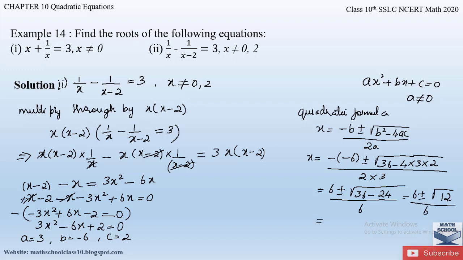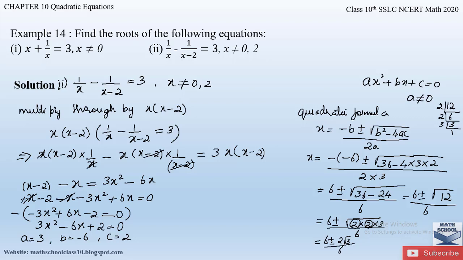Okay, now let us factorize 12 and let us see whether we can remove this square root term. So what are the factors of 12? 2 6s are 12, 2 3s are 6, and 3 1s are 3. So we will get 6 plus or minus square root of 2 into 2 into 3 divided by 6. So here if you observe, the pairing of only 2 number is done. Therefore, we can remove 2 outside the square root. So we will get 6 plus or minus 2 root 3 divided by 6.